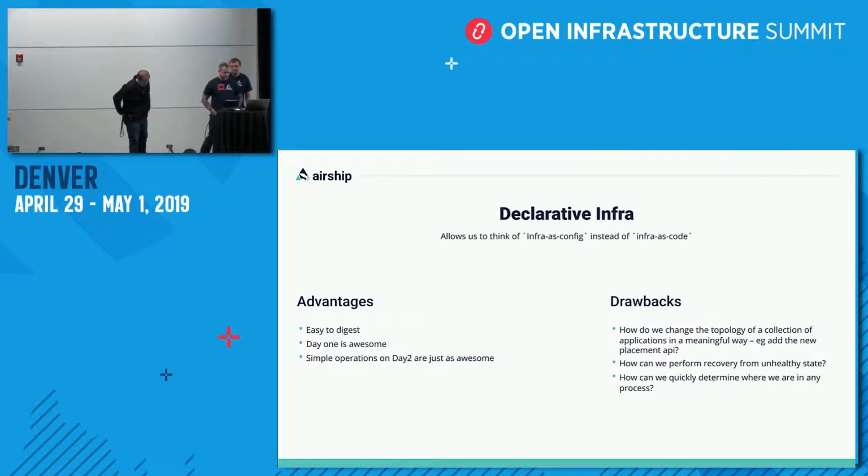So the transition to declarative infrastructure, where we explicitly define our desired state for our entire data center, from physical topology through the operating system, deployment and configuration, up to the software that is expected to run on top of it, has paid huge dividends in terms of the ease with which we're able to lay out and specify how we want our infrastructure to operate. And these have come primarily from the following factors. One, it's really easy to digest.